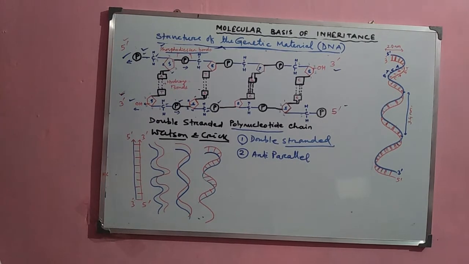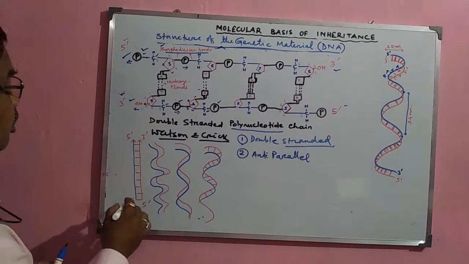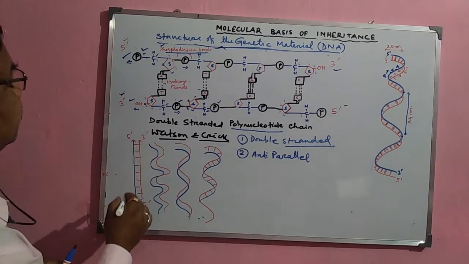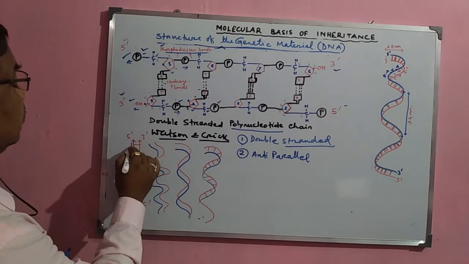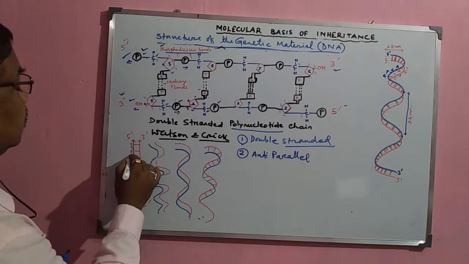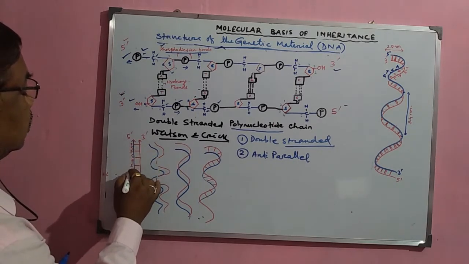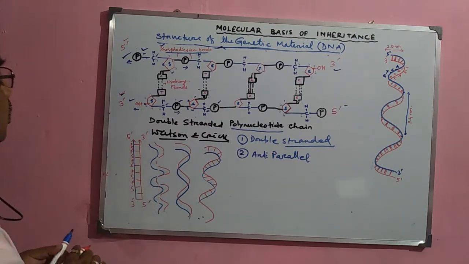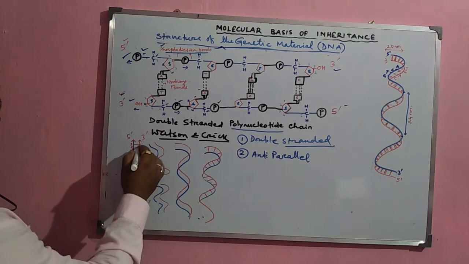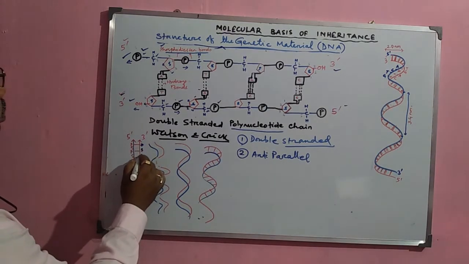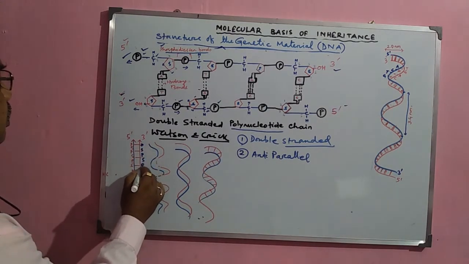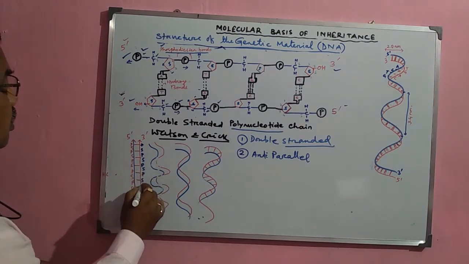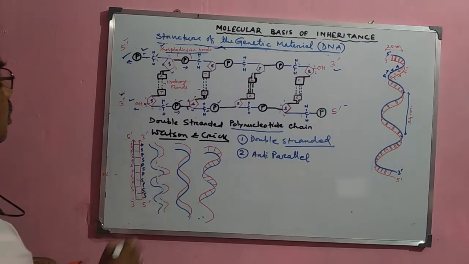Actually, they are parallel, and this strand is the backbone. This backbone consists of phosphate, sugar, phosphate, sugar, phosphate, sugar, phosphate, sugar. In this way, they are arranged here. On both sides, you will find phosphate, sugar, phosphate, sugar, phosphate, sugar, phosphate, sugar, phosphate, sugar, and both